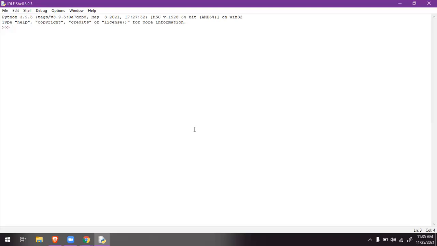So we will discuss the concept of functions. What is meant by function? A function is nothing but some lines of code. It is pre-written code.